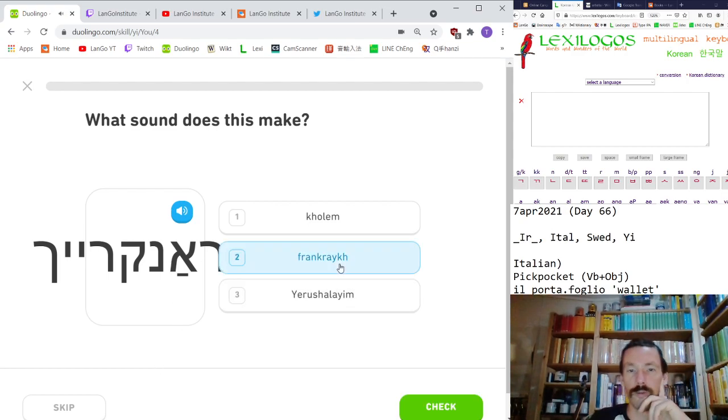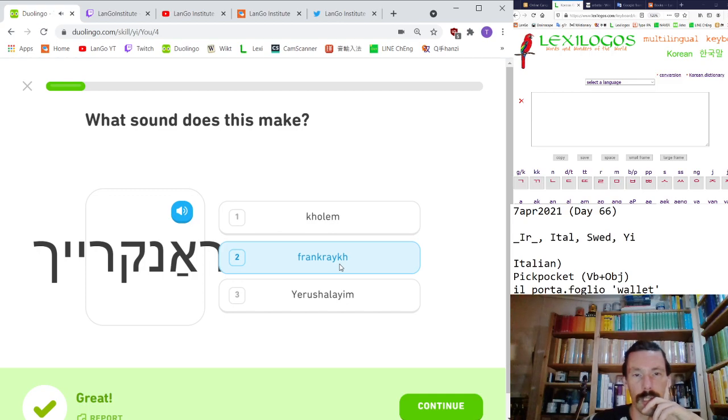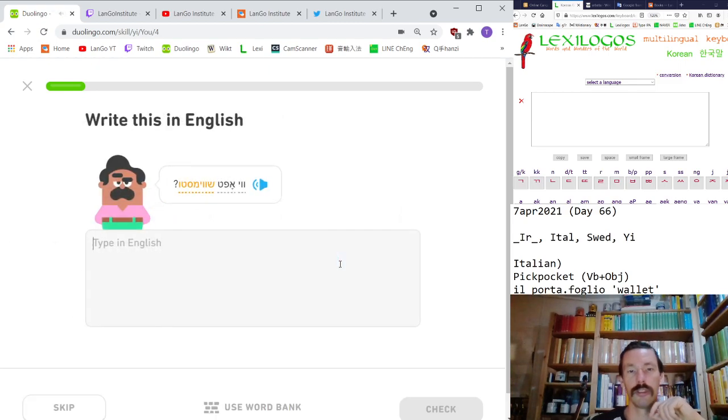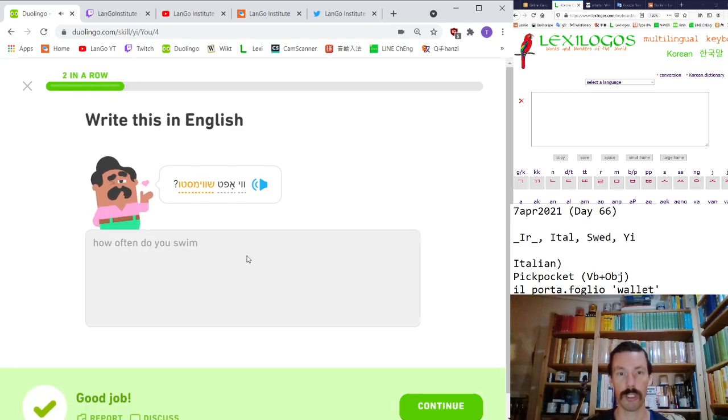Frankrijk. Means France. Okay, we can't see the F, then it's Ra, K with the Q, Rai, double Yud, and K letter for H. Frankrijk. Wie oft schwimmst du? Wie oft schwimmst du? With the question fused form there. Here, fusion of verb with pronoun, which is kind of special, although you see traces of it historically. Wie oft, how often? Schwimmst du, do you swim? With that typical Germanic inversion, verb followed by subject to signal a question. Schwimmst du, swim you.